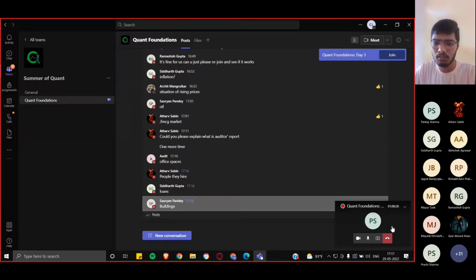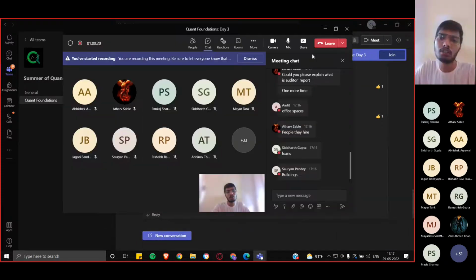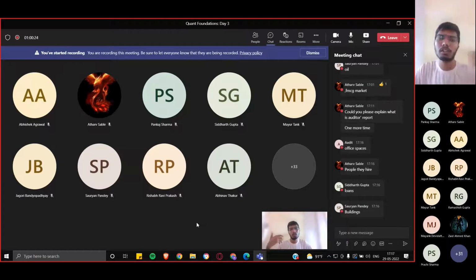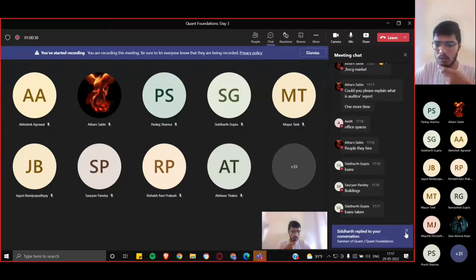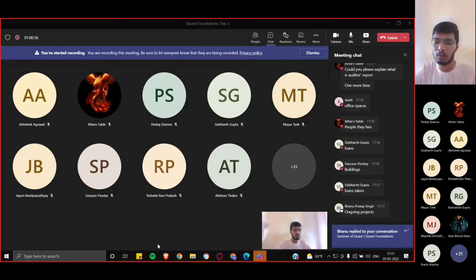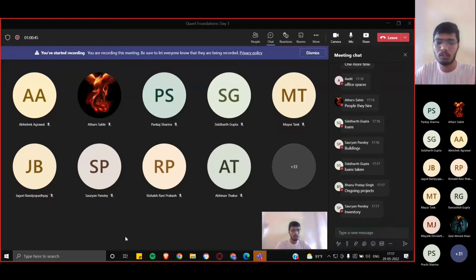Yeah, right. Loans, what kind of loans? Loans they are making or loans they are borrowing? Loan taken will be a liability, because they have to pay it back. That comes under liability actually. I'll tell you what liabilities are. Ongoing projects. Projects are